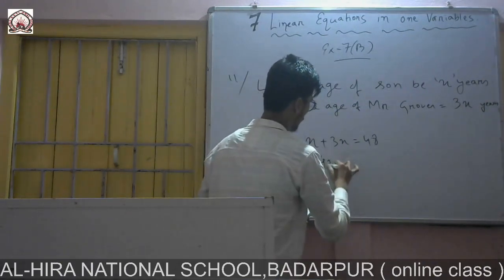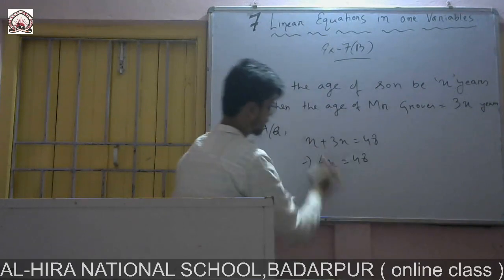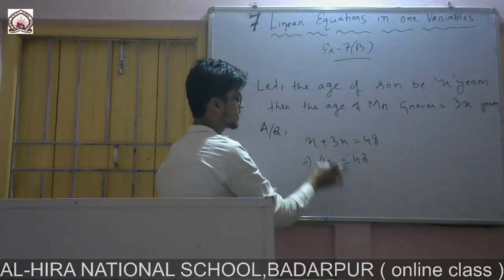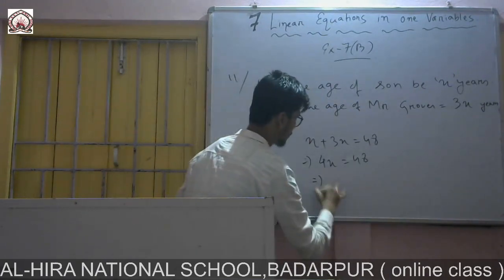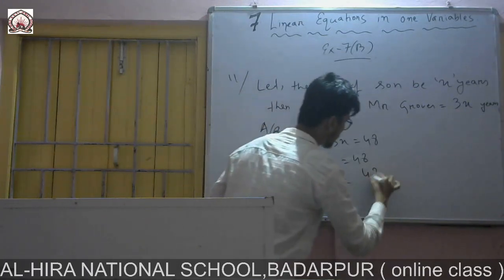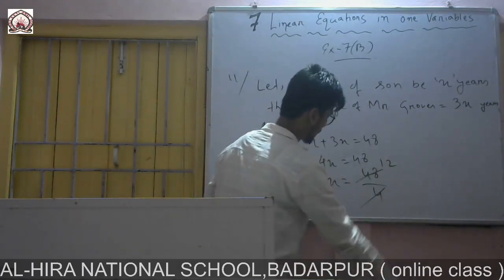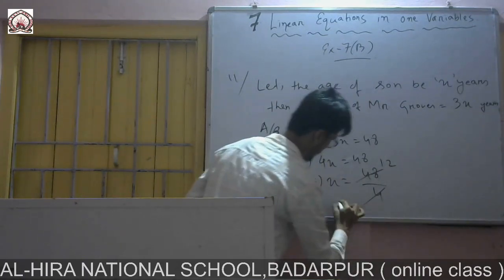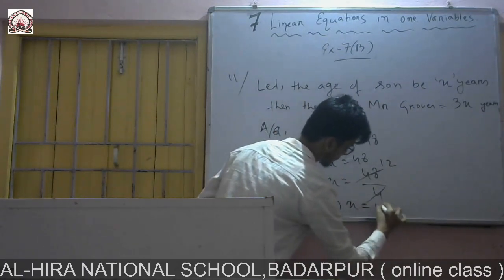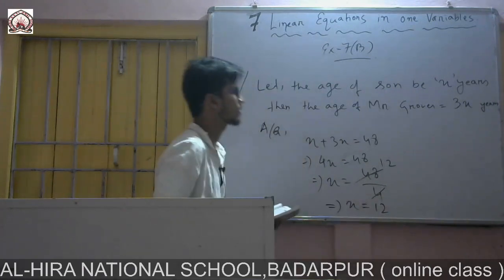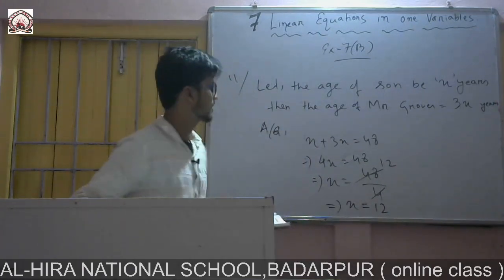Sum of their ages is 48, implies 4x equals 48. 3x plus x is 4x and equals 48. Now x equals 48 by 4. So if I cancel, 4 1s are 4, 4 2s are 8. The value of x is 12. The value of x is 12. So you write therefore